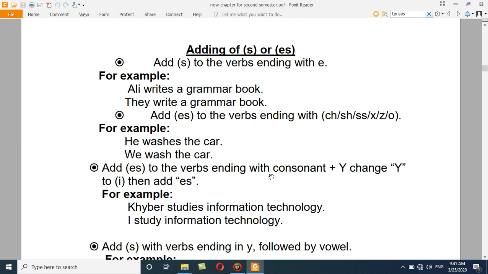Add s to the verbs ending with e. که چېرته ستاسې verbs په e باندې ختم اوسېږي نو تاسې به s ملګری کوئ for example Ali writes a grammar book or